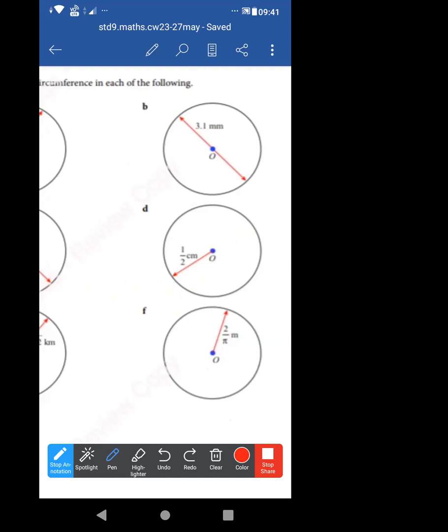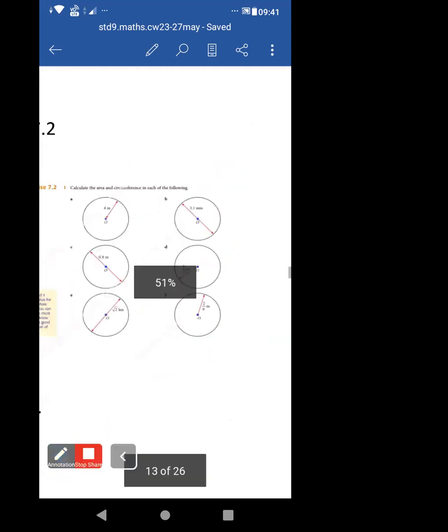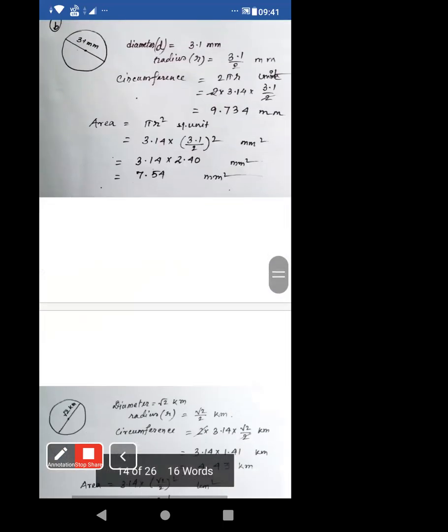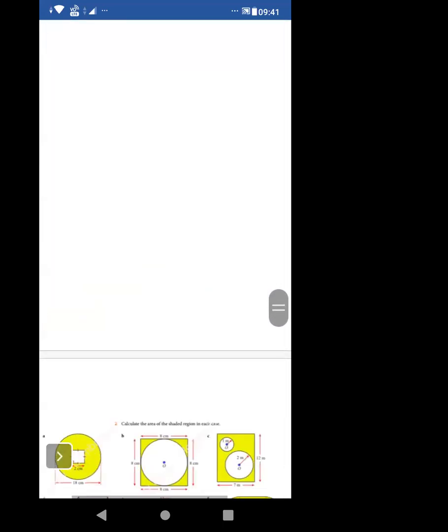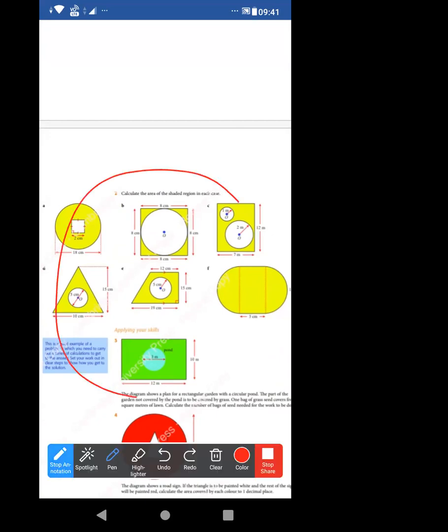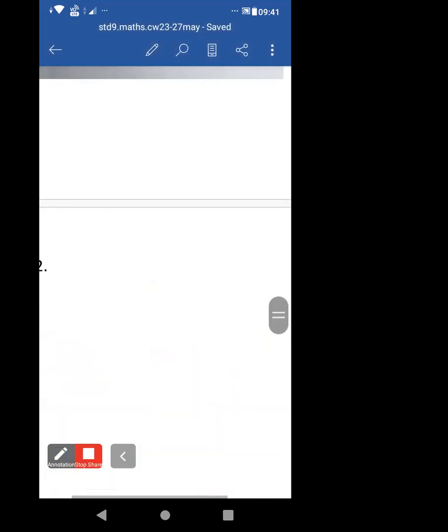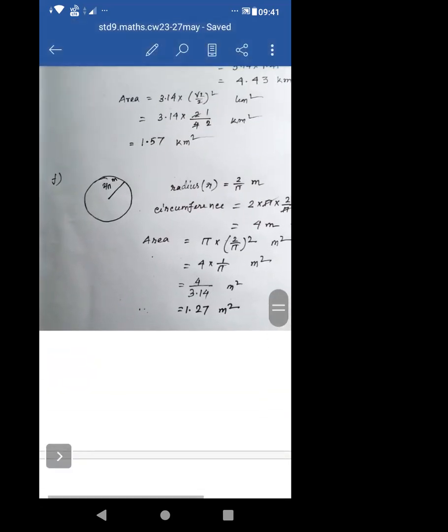Now look at this area, this shaded portion. Don't worry, all the solutions will also be uploaded on the website, so you can check whether your answer is correct or not. This one I'll start tomorrow, all these figures are important for the exam also. If there is any doubt related to this perimeter sum, then tomorrow you will ask me. Now let me take the attendance.